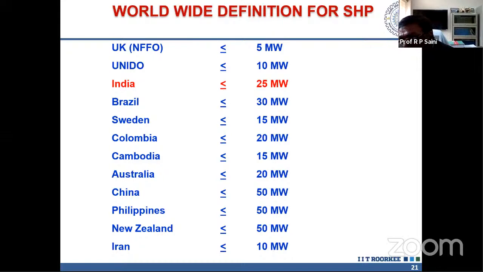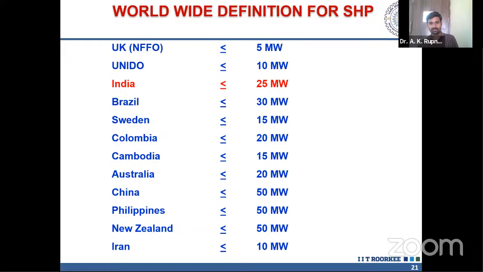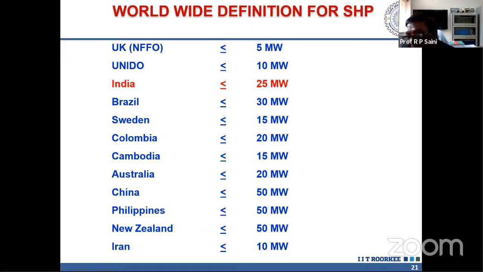What is the definition of renewable and non-renewable? Renewable means it is not exhaustible. But for large hydro, you cannot submerge a lot of land, so there is a limitation. Up to a certain limit you can build hydropower plants. But nowadays dam-based plants are not there. They have even increased the run-of-river small hydro capacity. Earlier it was 3 megawatt, 5, 10, 15, now it's 25 megawatt, and they are increasing it up to 100 megawatt. That is also a large hydro.